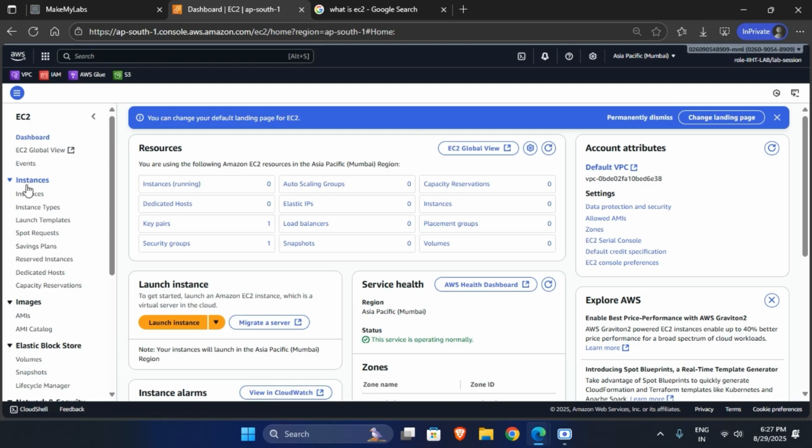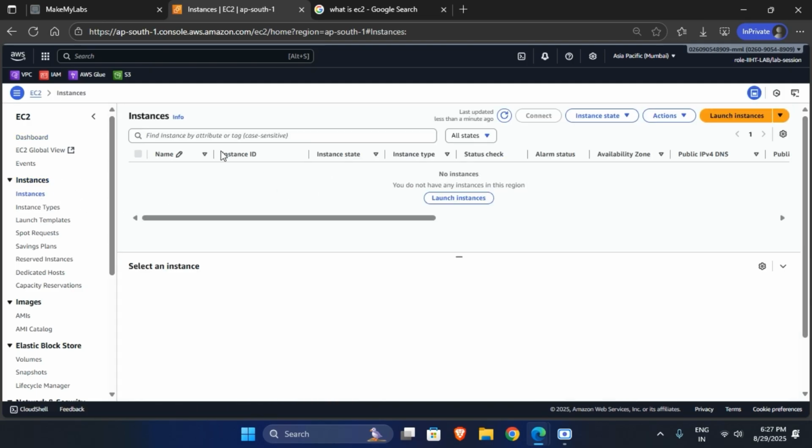If you go to Azure, they will only say virtual machine. Amazon says EC2, S3, VPC. In Azure, you will say virtual network. You will say storage. You will say virtual machine. There are not a lot of names like these. Okay. Now here